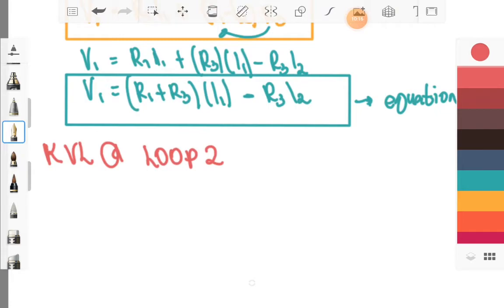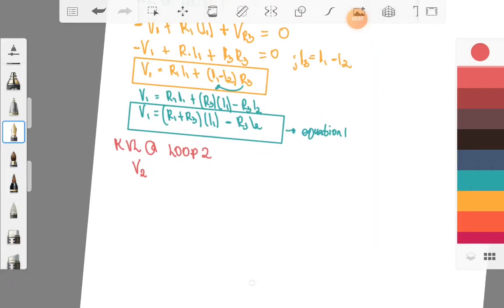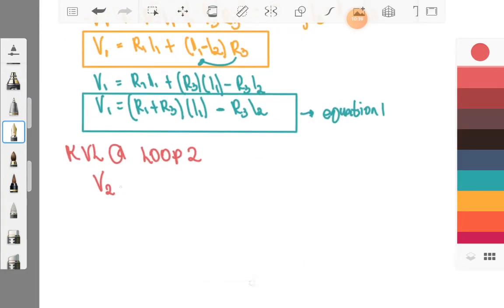Okay? So, let's start. We have our R3. Or I2 muna. Yung V2 natin, yung I2 natin, pumasok sa V2. So, let us consider it as positive V2. Okay? Pumasok sa positive V2. And then, pumasok siya sa R3. But take note, salungat yung current mo sa I3. Okay? So, we have plus V plus